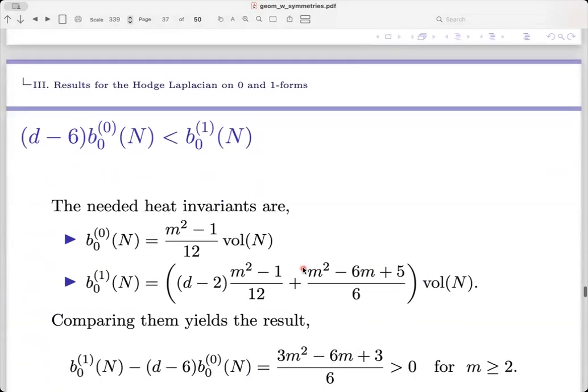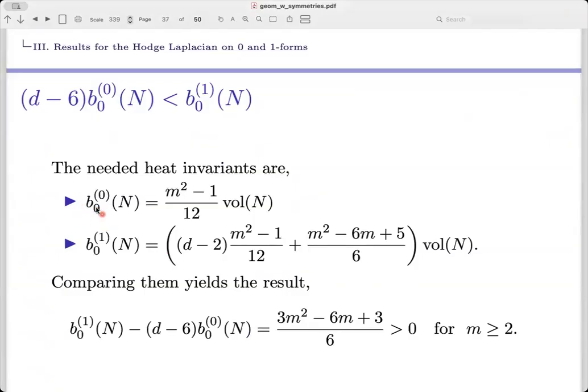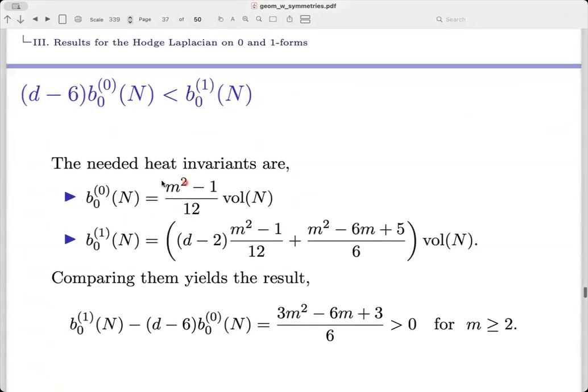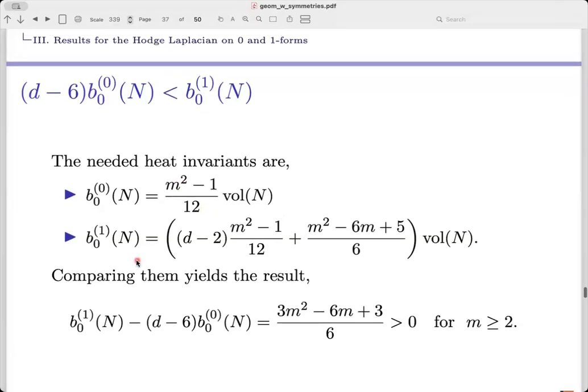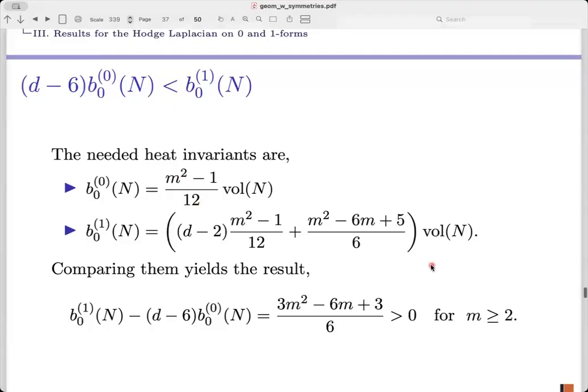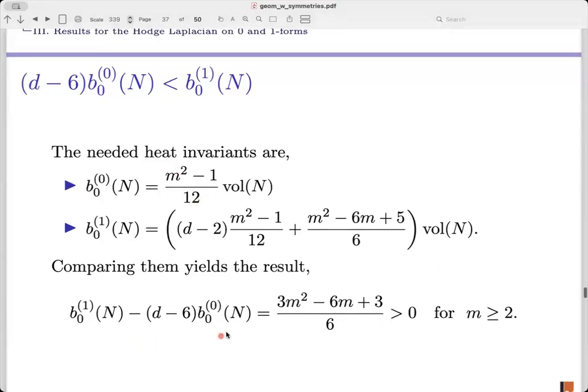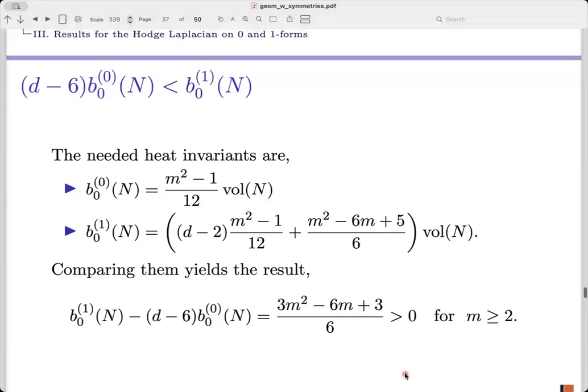If you sit down and work it out, we find that the zeroth heat invariant on functions, in this case, is that rotational order, m squared minus 1 over 12 times the volume of our singular stratum. And then the similar expression on 1-forms has a more complicated coefficient, but not too complicated. If you compare them, I subtract one from the other, and we find that we get 3m squared minus 6m plus 3 over 6, which for cyclic groups of order greater than or equal to 2, which is what we care about, because order 1 is trivial, we don't want those. This, in fact, is positive,